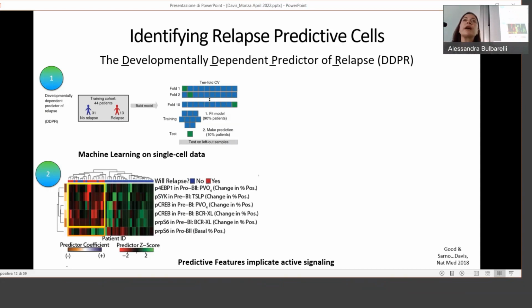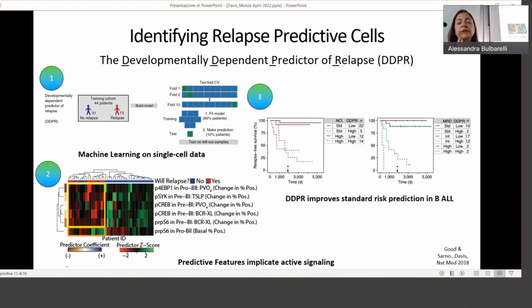And we were able to validate this on some paired diagnostic and relapse samples. And then when we looked at how does our predictor perform compared to standard clinical risk predictors, like the things that we as physicians use when a patient does come into the hospital, we found that actually our model DEEPER further stratified patients and actually added in a statistically significant way to the ability to determine who may be at higher risk of relapse and who is at lower risk of relapse. So we were very excited about this result.